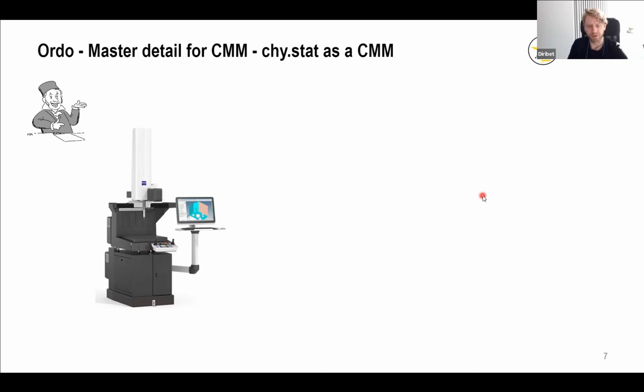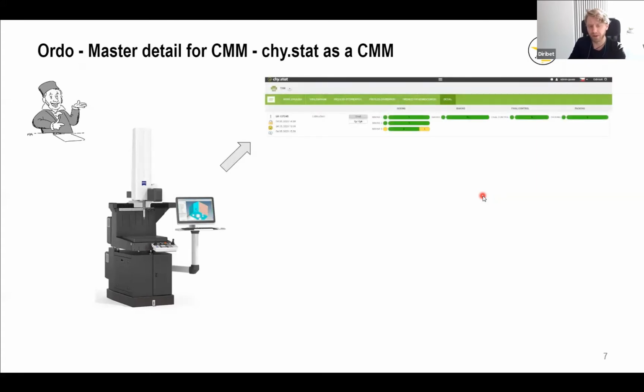And on the screen, they have their own software, but we can also use chy.stat for the CMM, because when some part is measured, I can load the results with the PFQ file